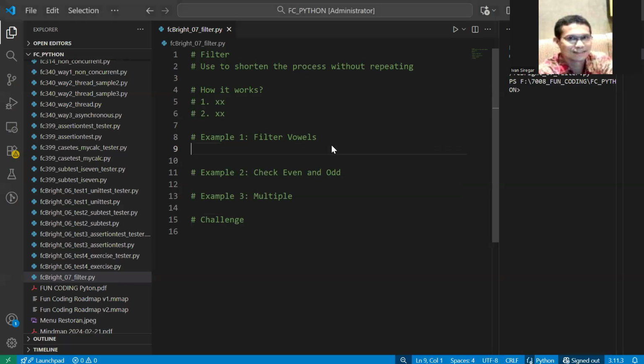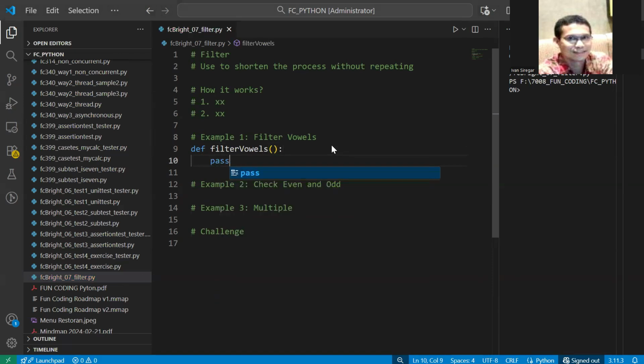Okay, so number one here, we provide the subroutine. Let's say this is filter the vowel. With the pass first to make sure that the architecture is satisfied. And then we do the implementation. For this we have the parameter here, which we can call the variable or var.